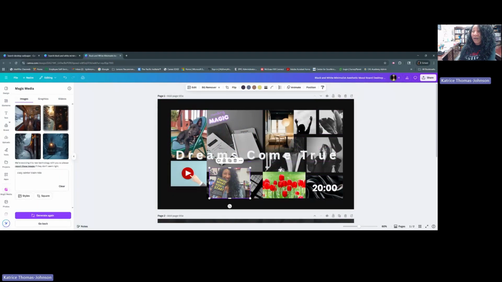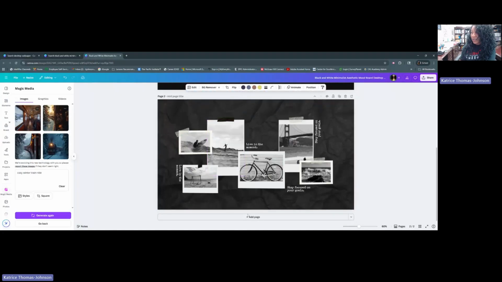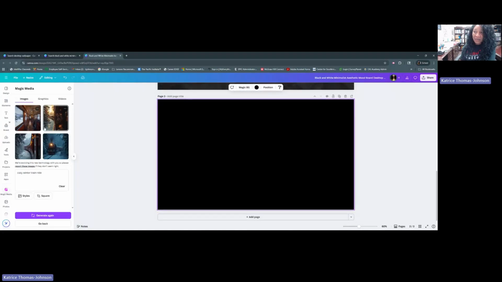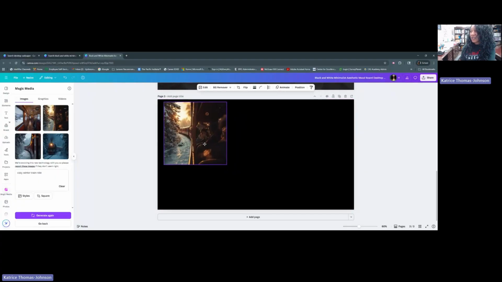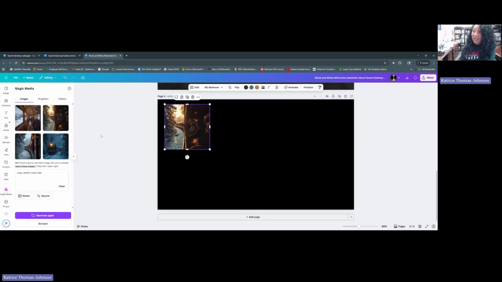So these are pretty cool photos. I actually like this one. What I'm going to do is come down here to the bottom, because I don't know if you get to keep these pictures, but I'm going to click this one just so I have it, just in case. But I am also going to